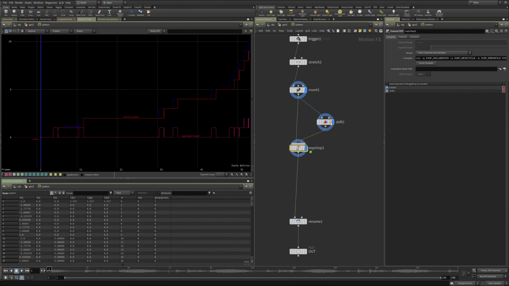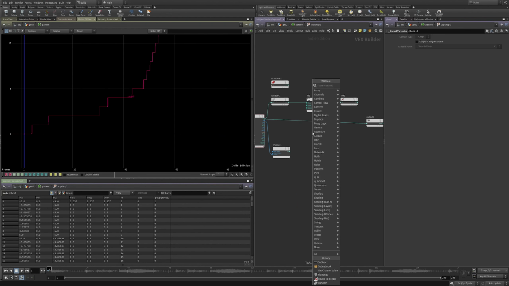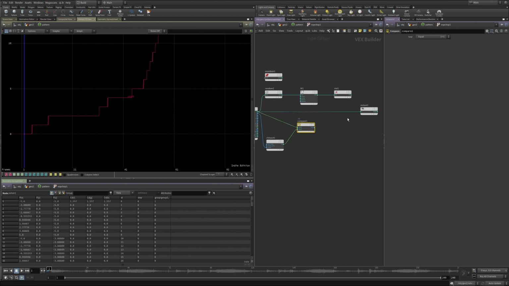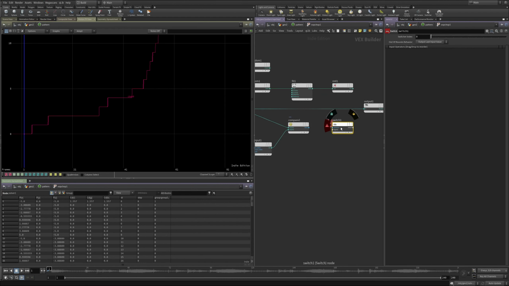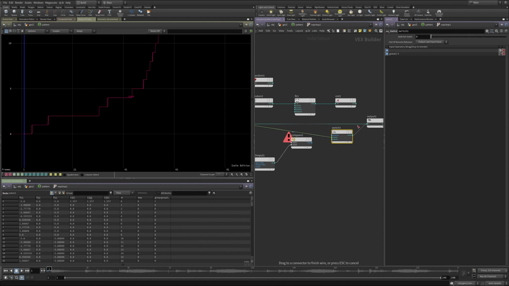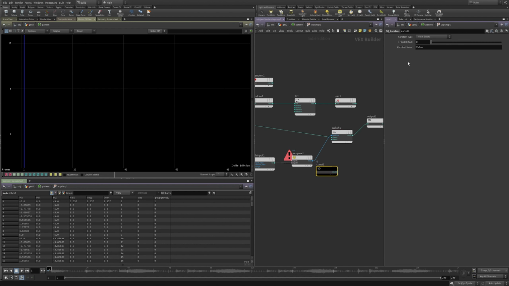Let's see what that's doing. Is that close to what I'm looking for? So maybe I don't want to subtract. Let me see. Let's just compare. So when this value is equal to this value, I want, let's make a switch. So when it's equal, I want it to pass through, and when it's not, I want it to give me a constant value. I'll just make this constant value 0.